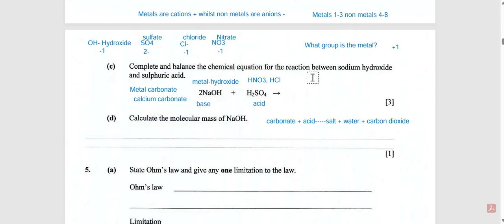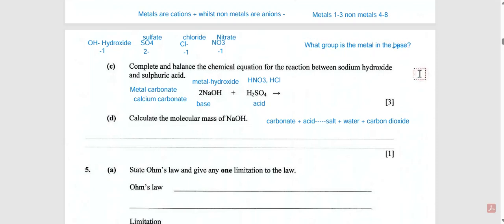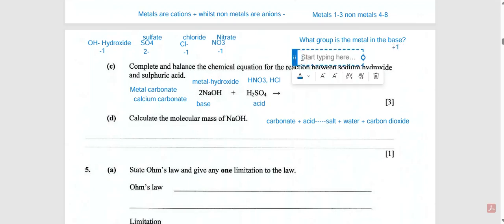All right, so I think we have explored the background. So how do we make the salt from the base? What group is the metal in our base? Because it always comes from the base, what group is the metal in the base? The base supplies your metal, so you must know to look at your base for which metal it has. Our base has the metal sodium, which is in group 1, so it has a charge of +1. Why is this so? You must also remember that charge